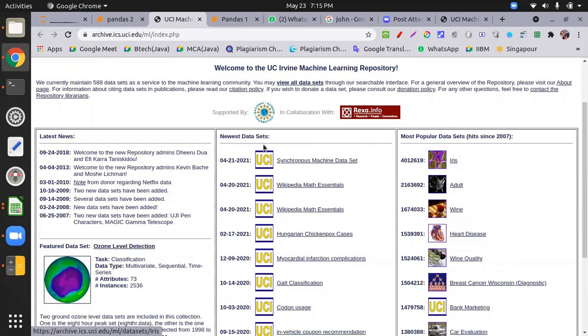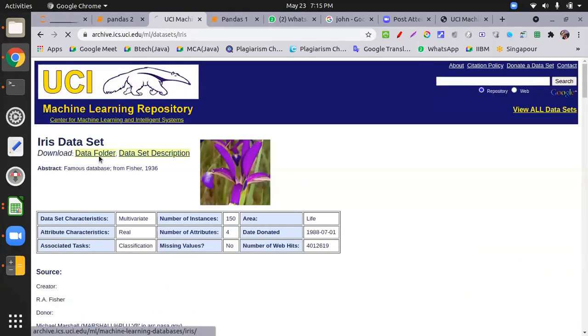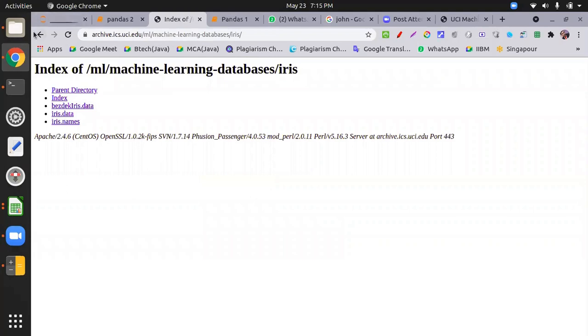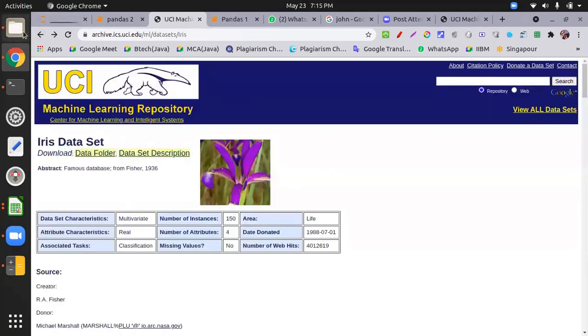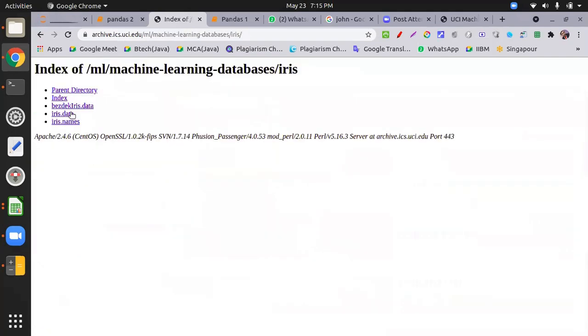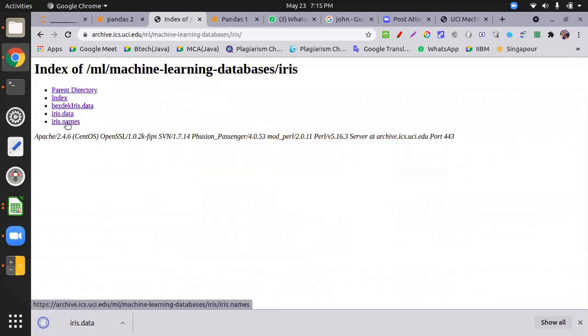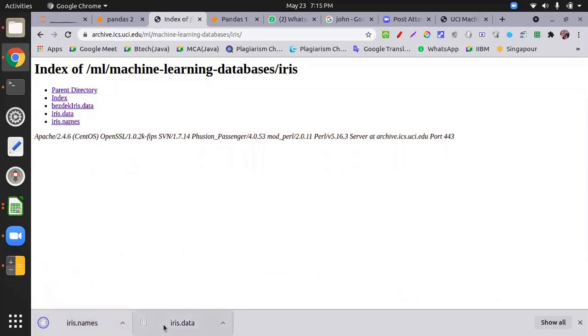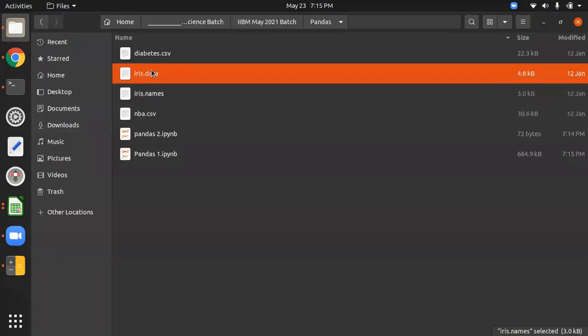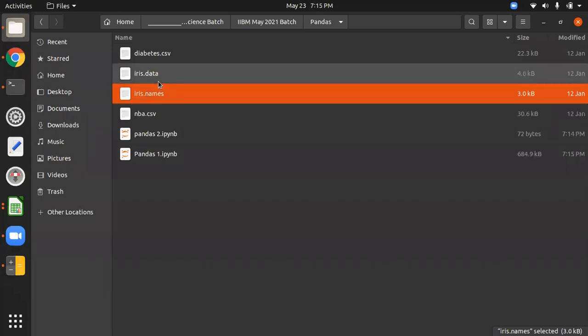So let's suppose how to download, how to put this data set in our folder. So I open first this folder, open the data folder, and I click on the name, then open the data folder, download two files, iris.data and iris.names. When you download the two files, locate them inside your root folder where your file is. You can put this data set anywhere, but if you want to read quickly, write quickly, you can do this.